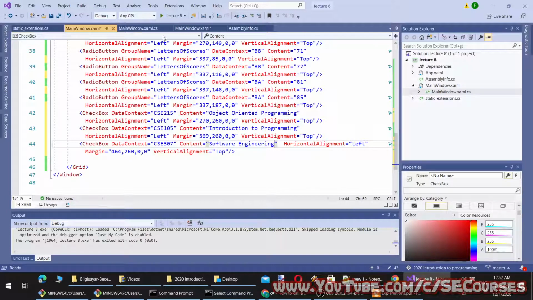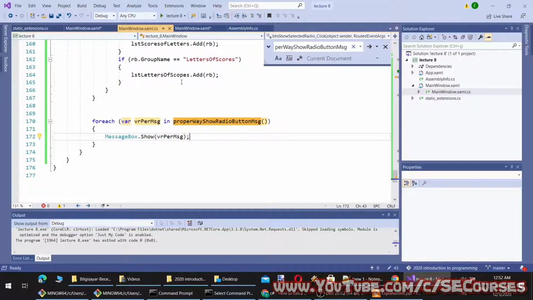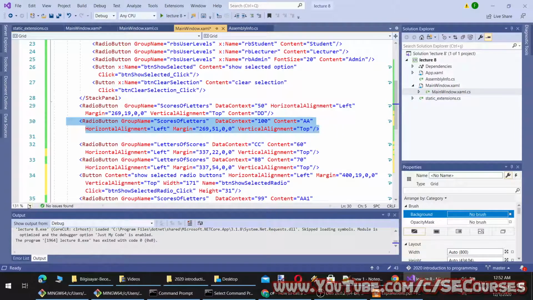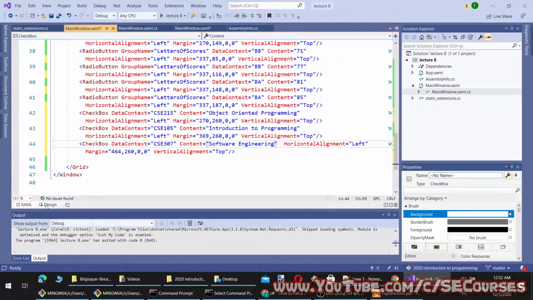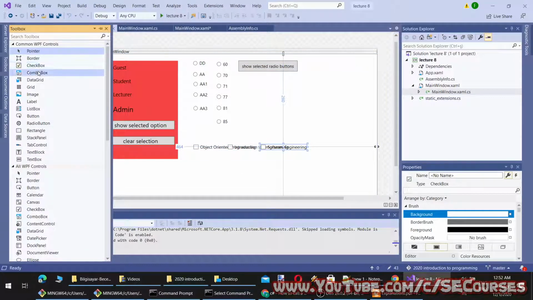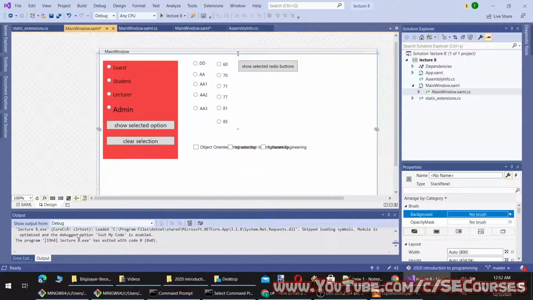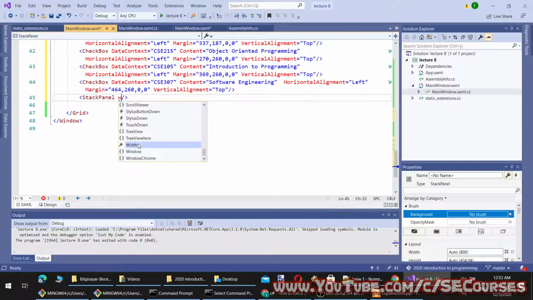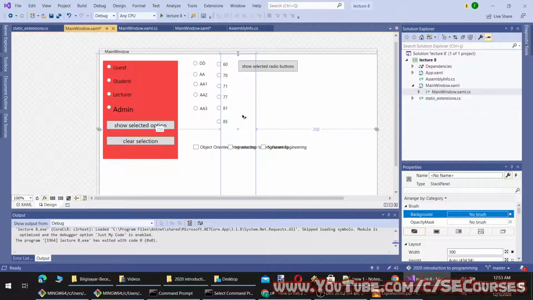Now we can let the user or student pick the lessons he is getting. Since they are lessons, they can select multiple. By the way, I am going to add a stack panel to make them better. So let's modify this with 100 width. Okay, let's move to design.